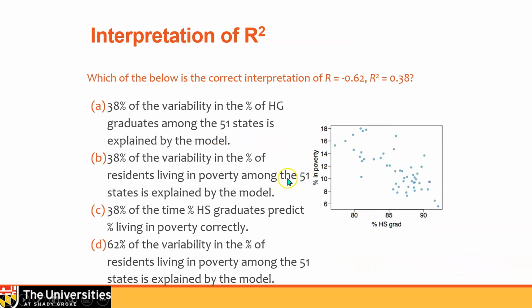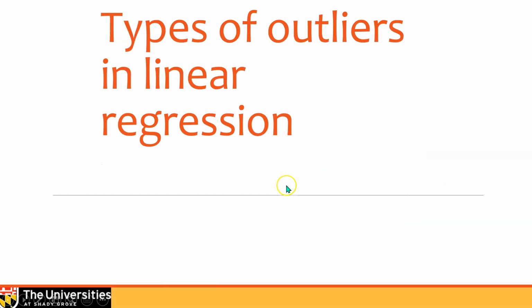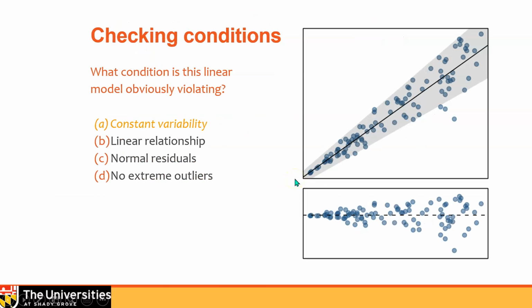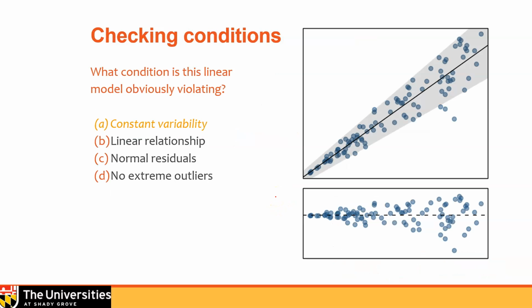So our interpretation here is that these two slides are wrong just because the numbers are wrong. My apologies. I'll make a note to myself that when I update these slides, I'll update them with the correct numbers and correct the error. All right, so R squared is going to play a bigger role when we talk about multiple linear regression, because one of the things we're going to want to do is increase our R squared value.